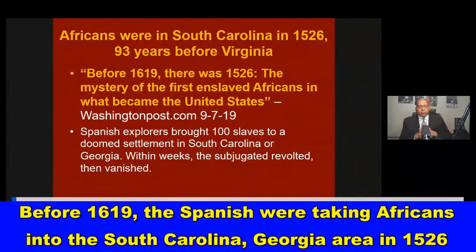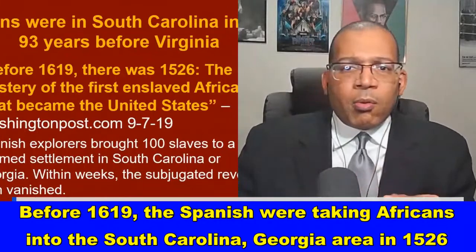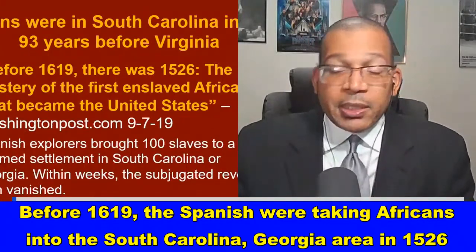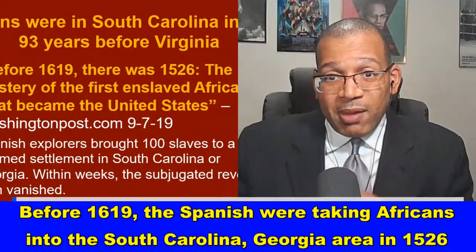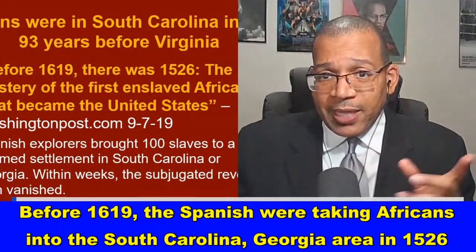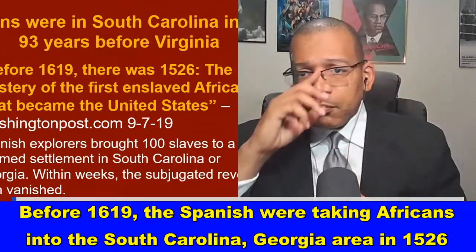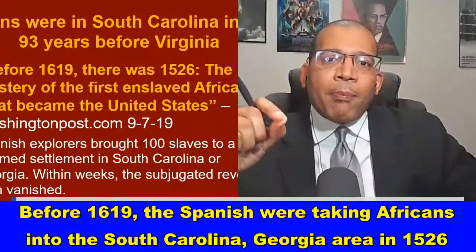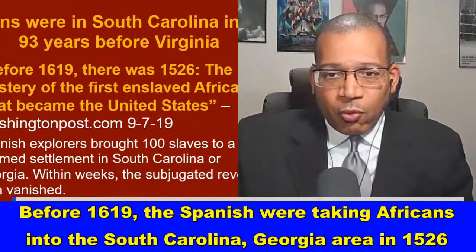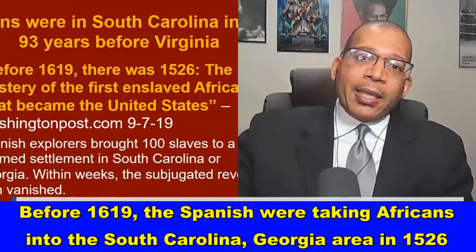Now, Spanish explorers brought 100 African slaves to a doomed settlement in South Carolina or Georgia. Within weeks, the subjugated revolted, then vanished. Maybe that's why they don't want us to know about 1526, because those Africans overthrew their oppressors. So maybe that's why that's not talked about a lot. But that's 93 years before Jamestown, Virginia. And then in 1513, Juan Ponce de Leon, the Spanish conquistador, comes into Florida,